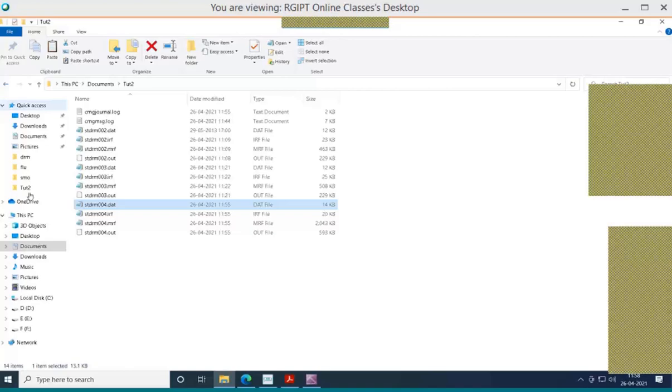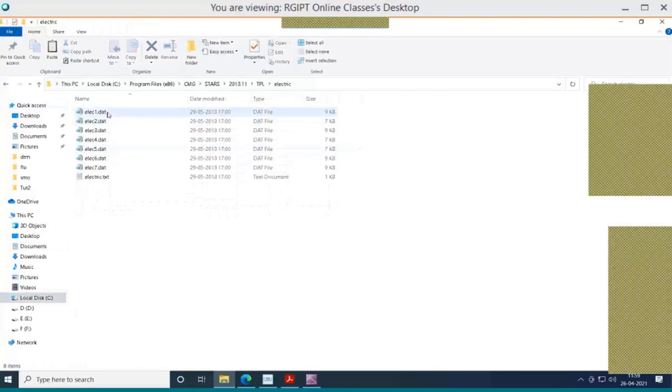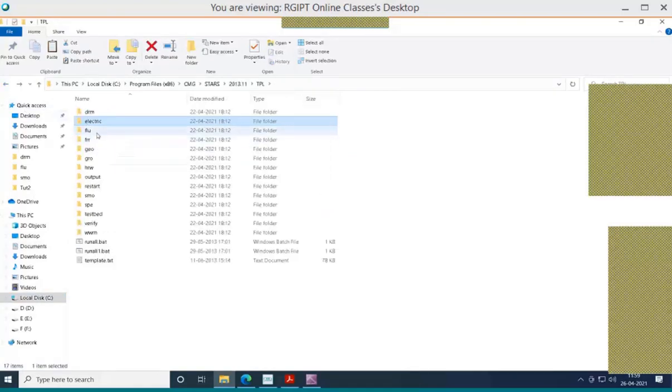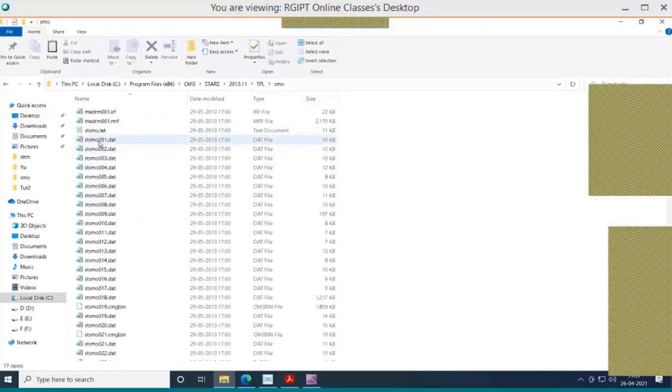You just go to its repository, which also gets installed during your installation process. That means in DRM or in electric there are also files. Electric heating is also possible, and all these kinds of things like SMO.